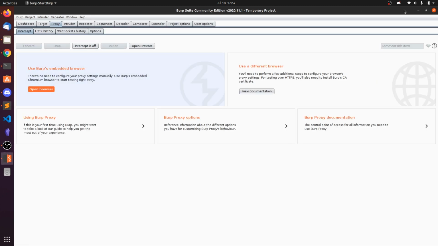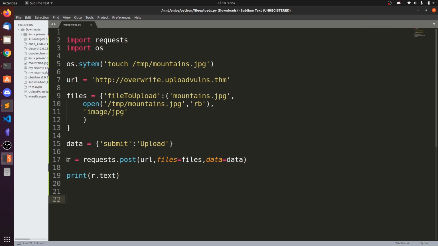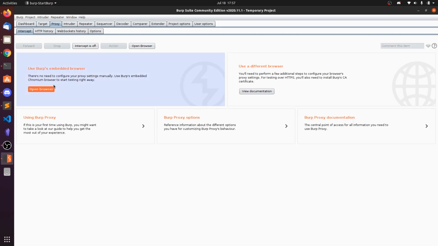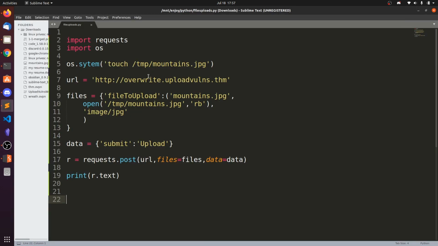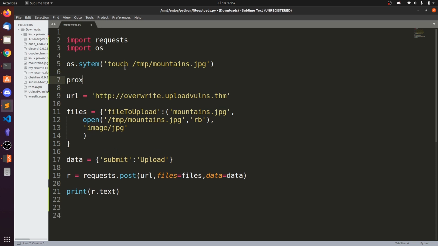Intercept off. The proxy, Burp Suite, is running on localhost 8080. So what we can do is create the proxy, HTTP, and the value is localhost, 127.0.0.1:8080.